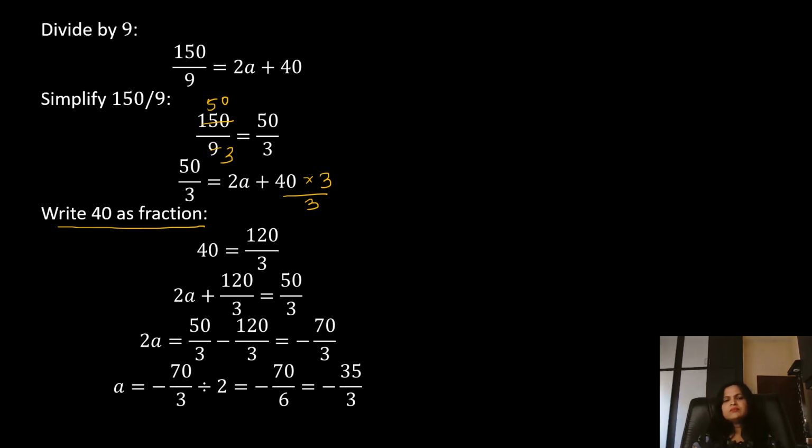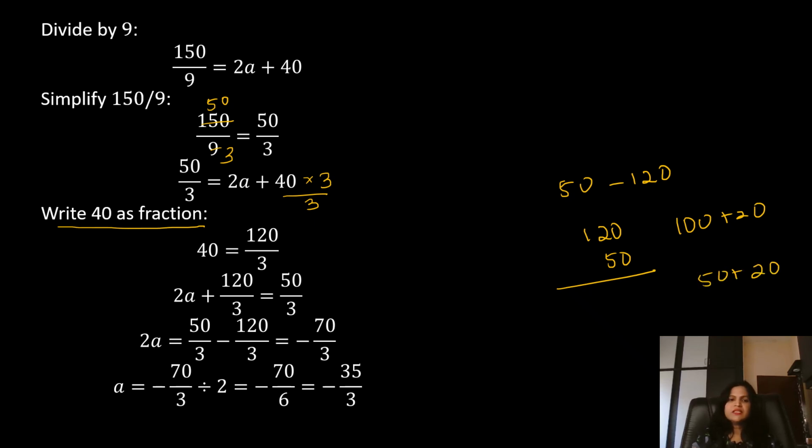So 2a equal to 50 by 3 minus 120 by 3. LCM is the same, 3. 50 minus 120. 120 is the bigger number here. Subtract, the signs are different, so take the sign of the bigger number. 120 minus 50. Split this into 100 plus 20 in your mind. 100 minus 50 is 50, plus 20, that is 70. Yes, 70 by 3, that is minus, because this is the bigger number, minus 70 by 3, that is 2a equal to